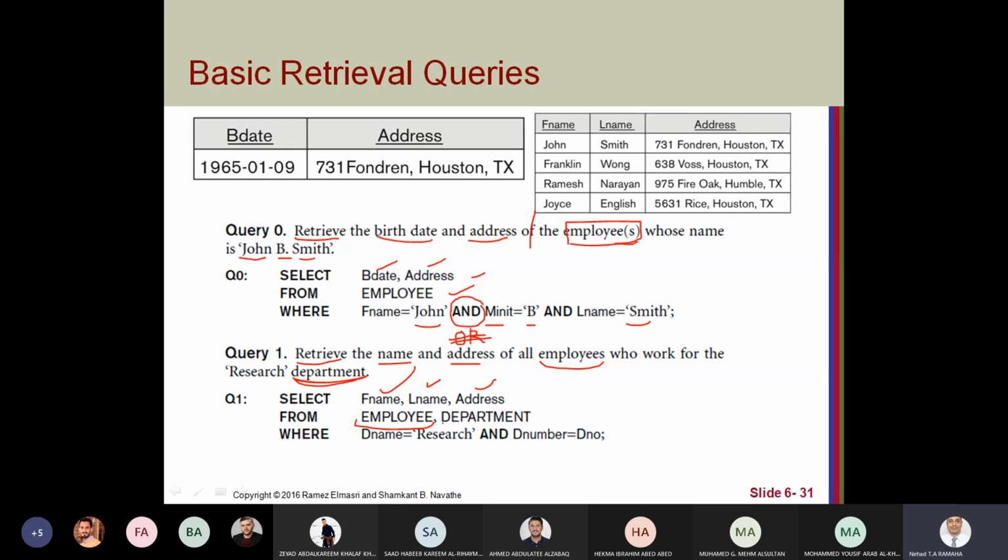So we need data from department. Then select first name, last name, address. Yes, it's from employee, but here we are also using information from department. That's why from employee, comma, department.